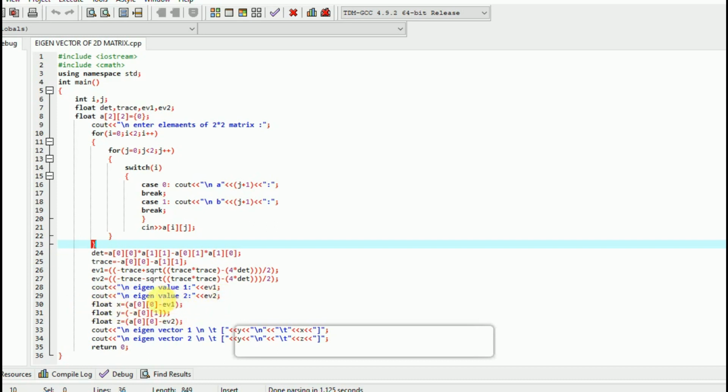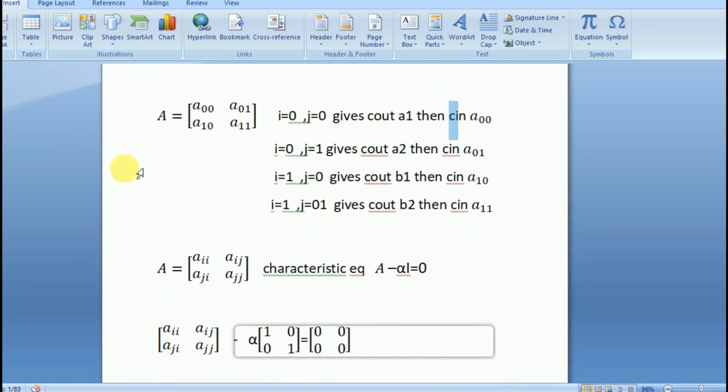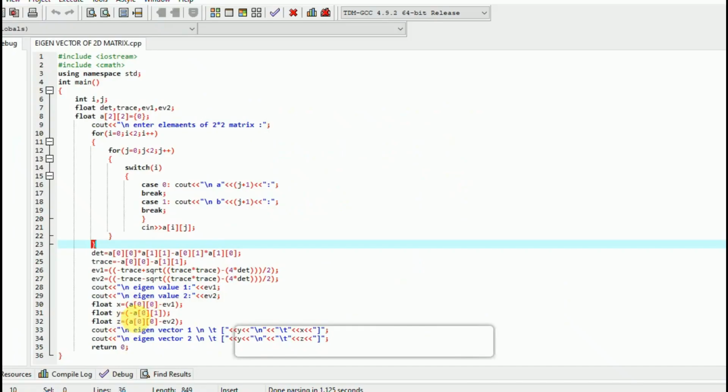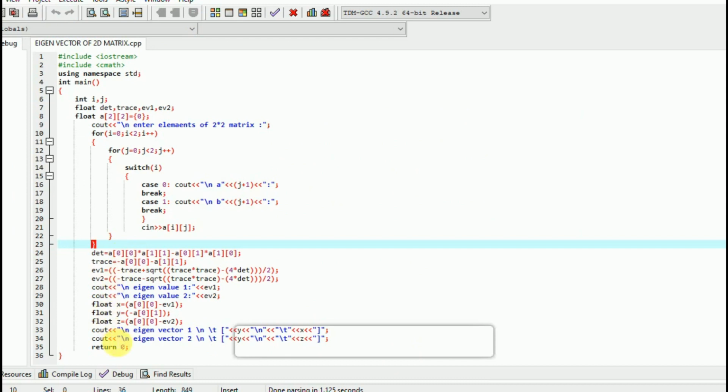Now, we will have to find eigenvectors. For eigenvectors, let us see some formula. In the program, we will use a00 minus eigenvalue 1, that is, we will subtract the first eigenvalue from this element, and then the other element of the eigenvector is minus of a01.